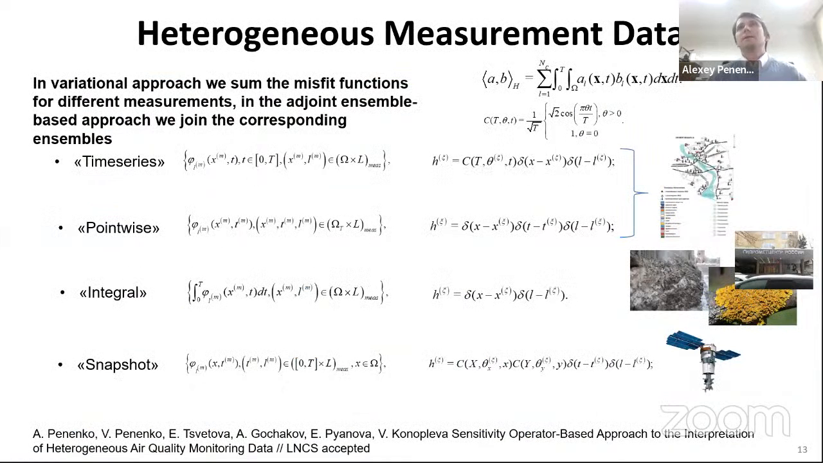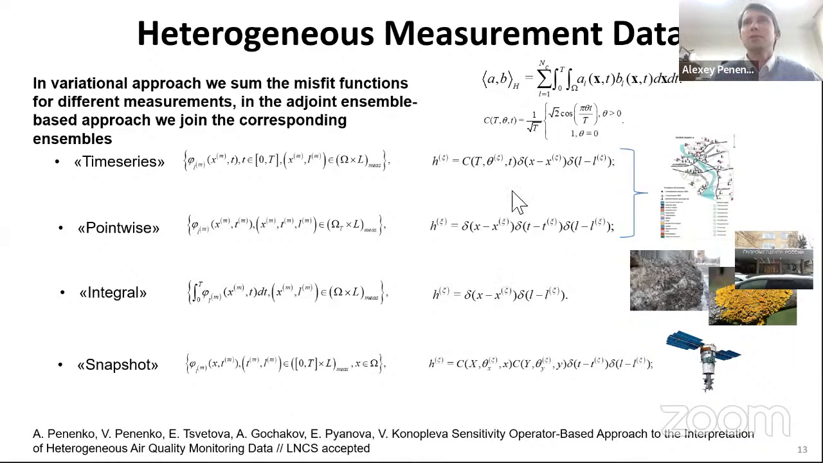What about it? If we have heterogeneous measurement data, then we have to present it in terms of the projection functions. Here you can see different types of projection functions corresponding to different types of measurements. For example, if your measurement site measures time series, you have this projection function of some species. If you have pointwise measurements by ship, by aircraft, or by car, measuring some points of time and space, then